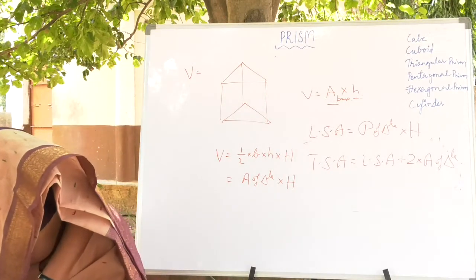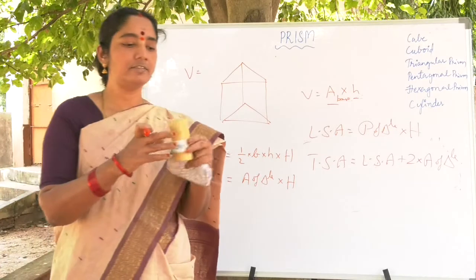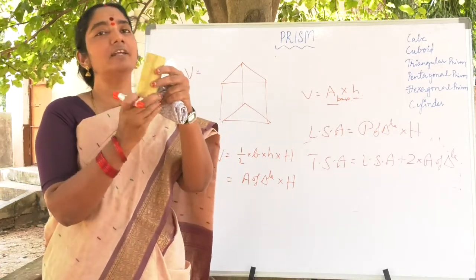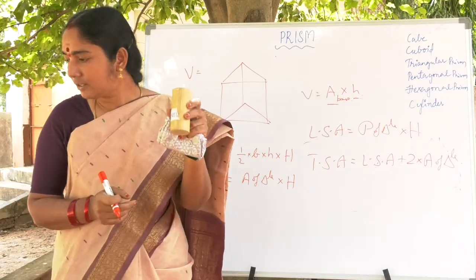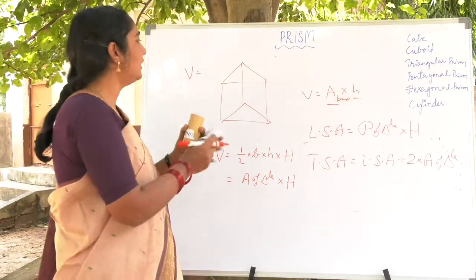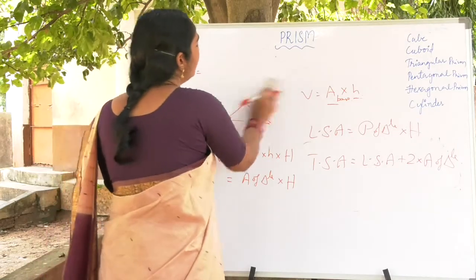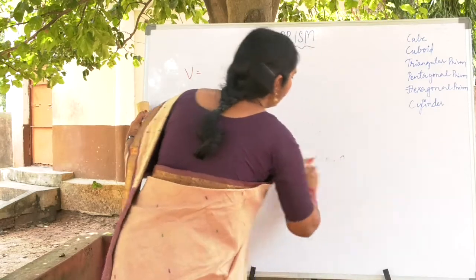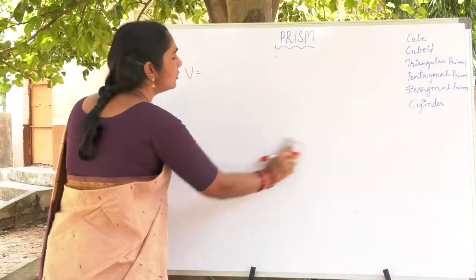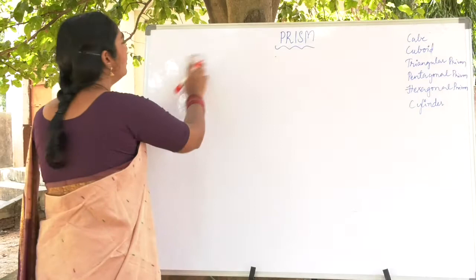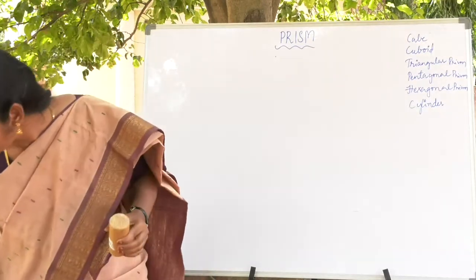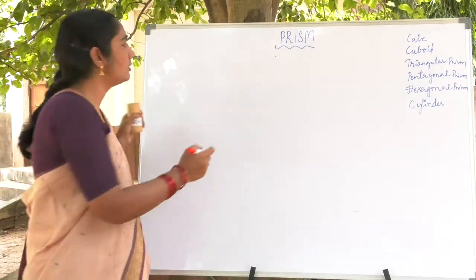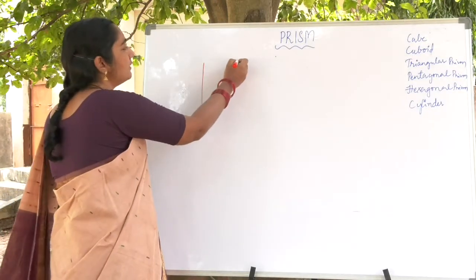And in this particular case, the last one, we are coming to the last one. Where n, an infinite number of sides are there, we call it a cylinder. Now let us see the case of a cylinder, my dear friends. In the case of a cylinder, a cylinder is also a prism because it is a uniform body throughout.